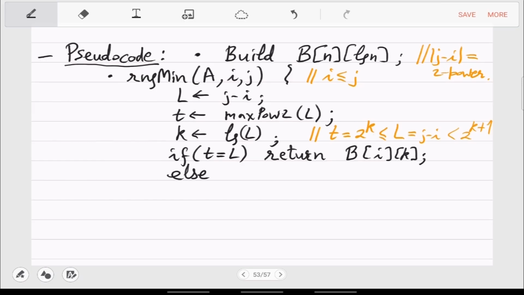Otherwise, you have to use collaboration of two different windows, two different subarrays. So you have to return the minimum of B i comma k, which may not be the final answer, because it's not really giving you i comma j, it's giving you something in the middle, let's say a partial interval, and the other partial interval is the one that ends with j.